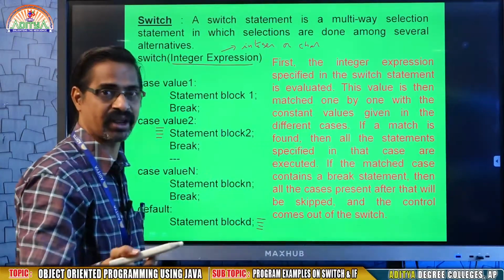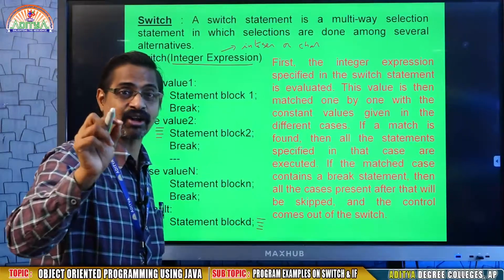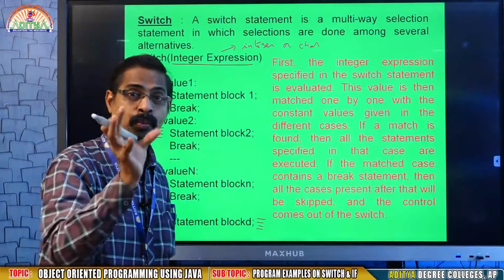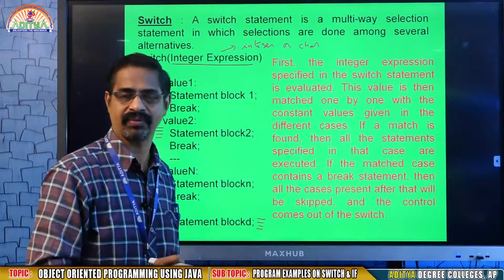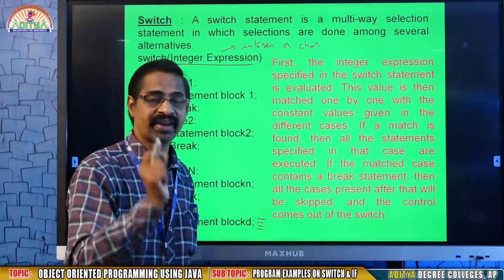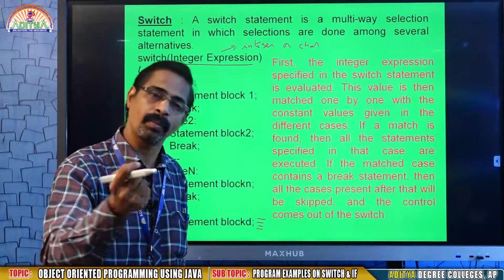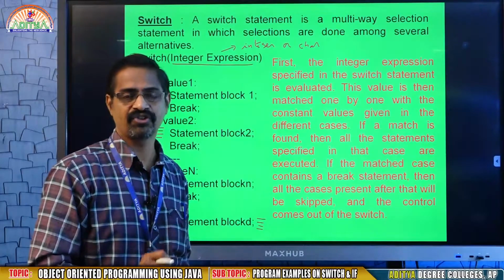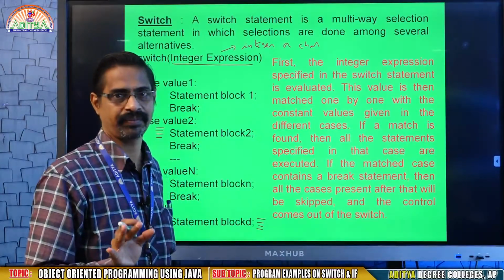Character is different from string. Character means a single character enclosed within single quotation marks, whereas a string is a group of characters enclosed within double quotation marks. For example, A is a character, 5 may be a character, Aditya Degree College is a string. A string is always surrounded by double quotations.